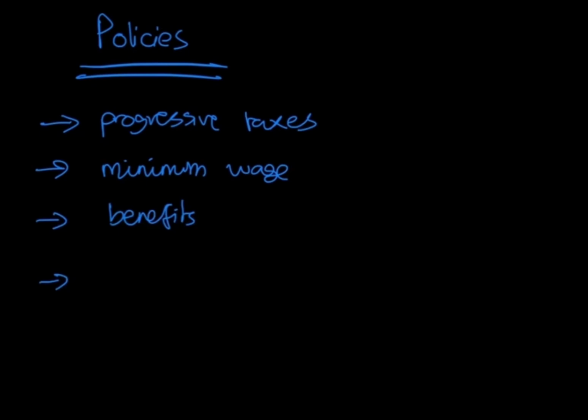Is there anything else for policies that you can think of? I wouldn't mention it too much in micro, but if it's a paper 3 question, labor market can come in paper 1 or 3. So you can mention supply side policies like education and training. It can potentially help to reduce inequality because you could make everybody more skilled and reduce the gap of low skilled versus high skilled people. And if you believe in MRP theory, then it will just narrow the gap.